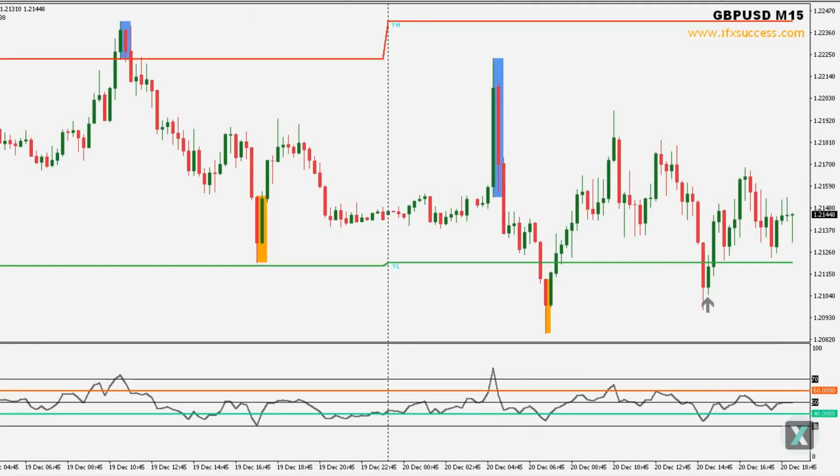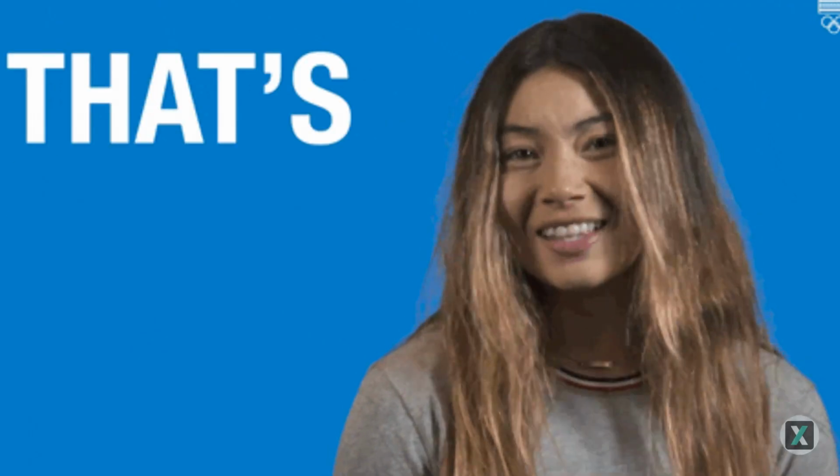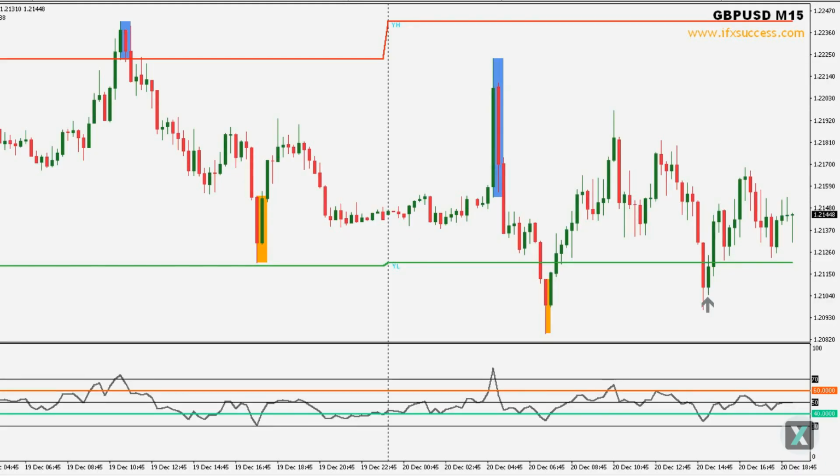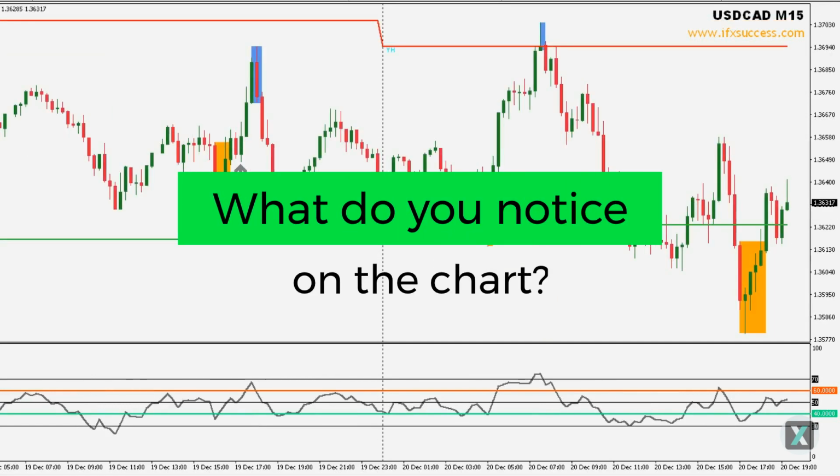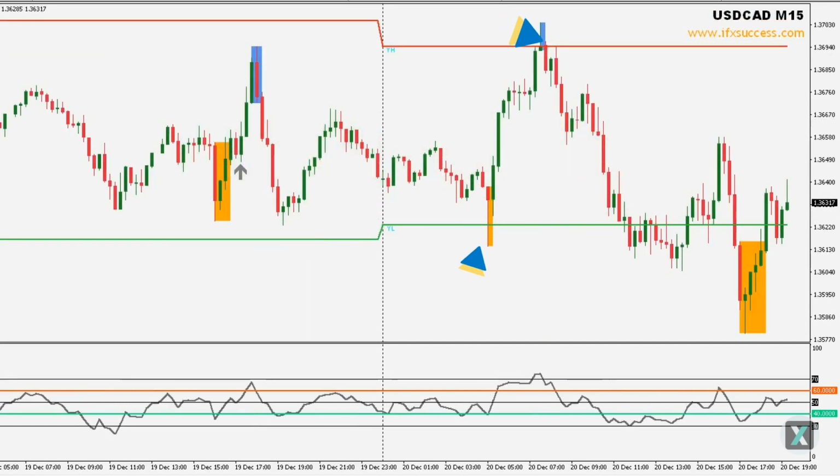Here is another reversal block example. Blue reversal block hit yesterday's high, and the RSI was below the 60 level. Amazing! Again, this is the most basic entry you can make, but it works great. Here is another pair, what do you notice there? When price hits those levels, and the block is formed, then take a look at the RSI condition to enter